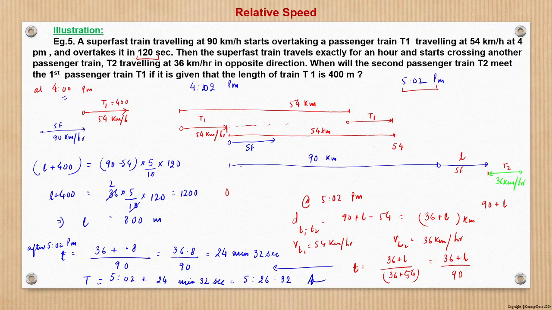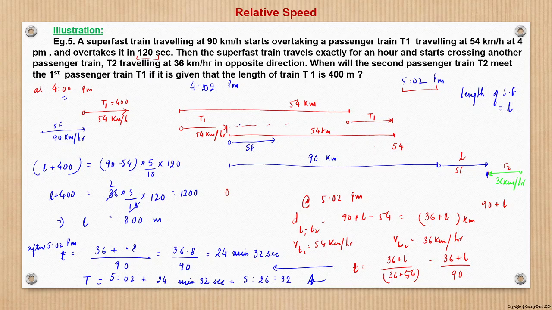Now after 1 hour, that is at 5:02, in 1 hour the rear end of the superfast would have traveled 90 kilometers. So here is the rear end, and the front end would be n distance ahead, if the length of the superfast is assumed to be n. So this is the position of the superfast train, and at this junction it starts overtaking another passenger train T2, right? So just the engine of T2 is at this level,